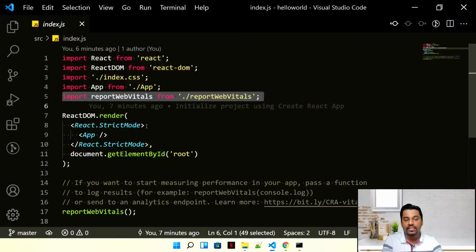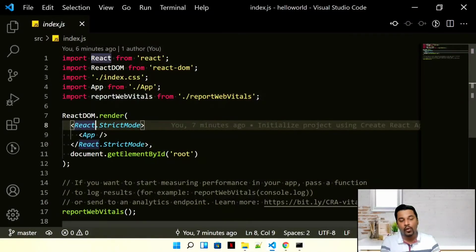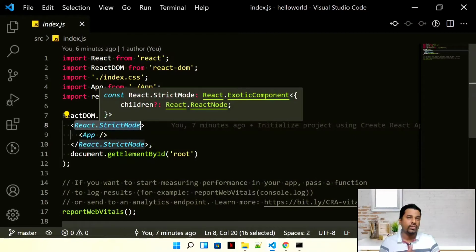And here we have React strict mode. This is important because, like JavaScript strict mode, React does something in a similar kind of way. A simple example is you cannot use a variable without declaring it. So this is something which is strict mode. There are a lot of benefits from writing in strict mode, where you can write better code. That is the most important feature of this. And under this strict mode you have App.